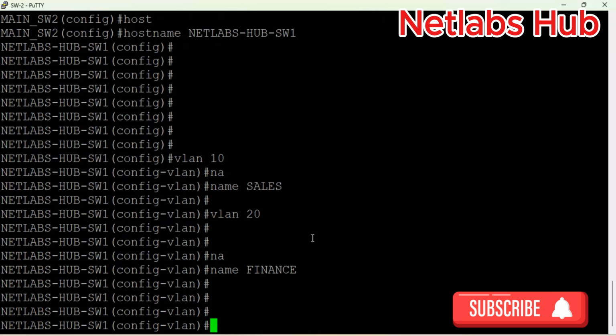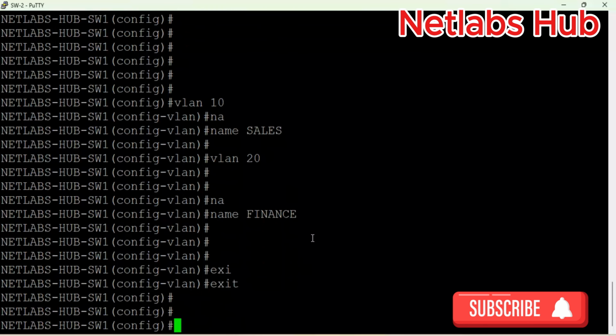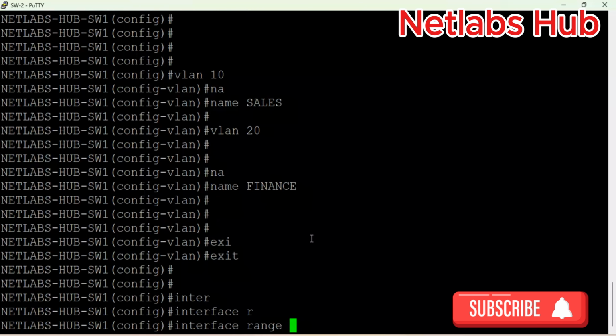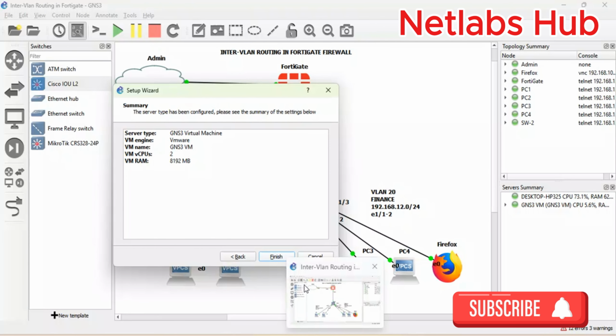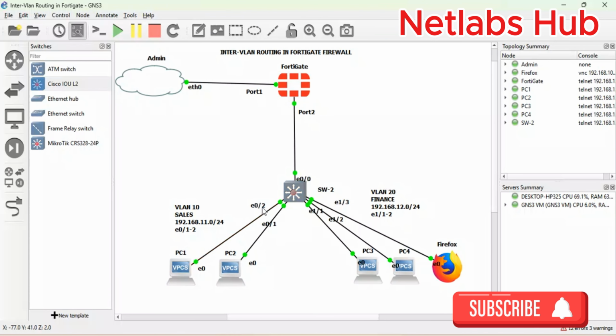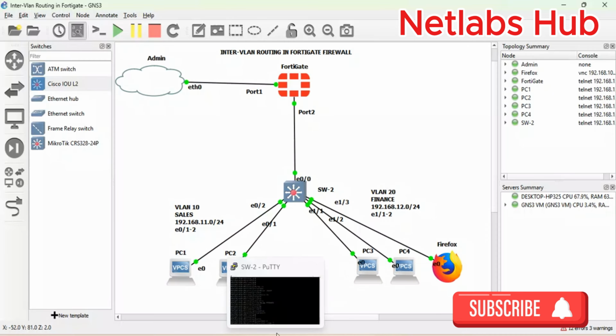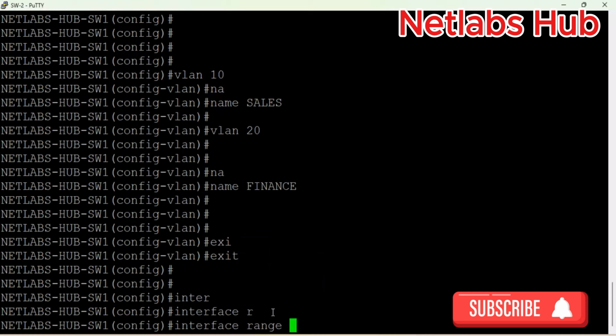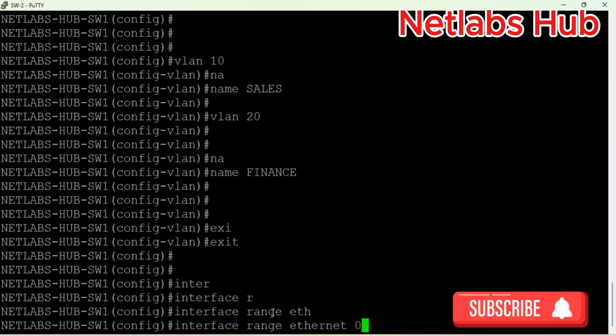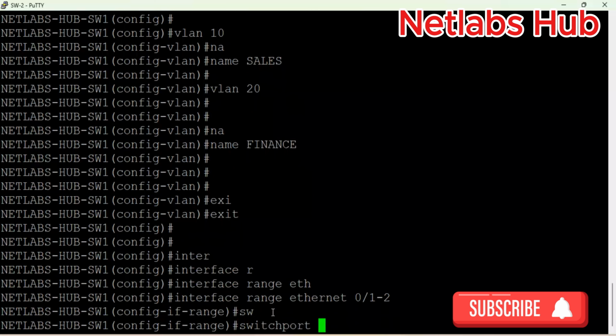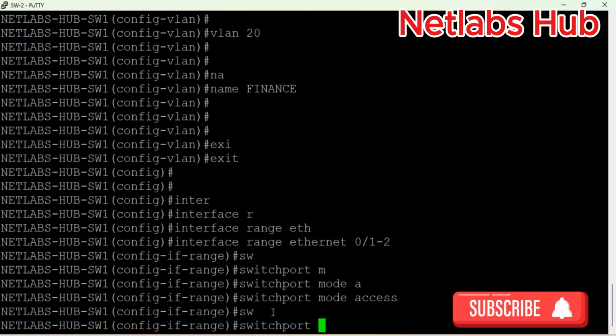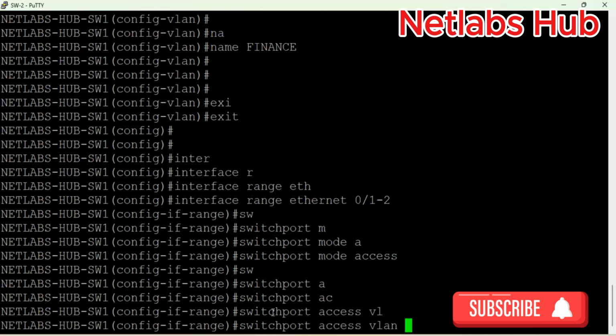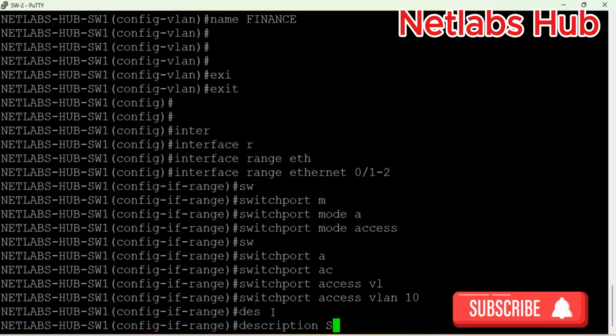So the next thing is to assign switch ports to the VLANs. To assign switch ports, you go to global configuration mode. You specify the range of switch ports. Like in my case, VLAN 1 is happening on Ethernet 0/2 and Ethernet 0/0. So what I'm going to do, you specify the range because I'm going to bundle more than one interface. So Ethernet 0/1, 0/2. Switch port mode access, switch port access VLAN 10, description sales department,